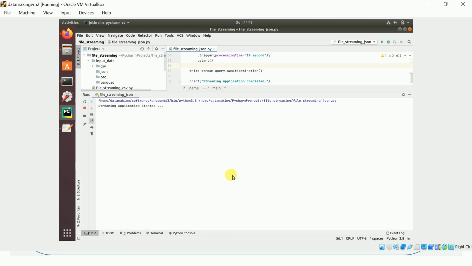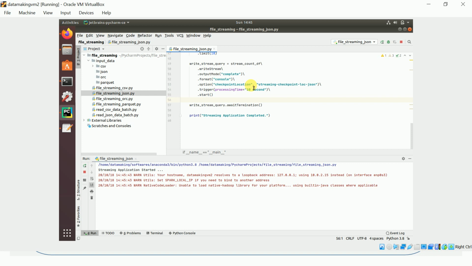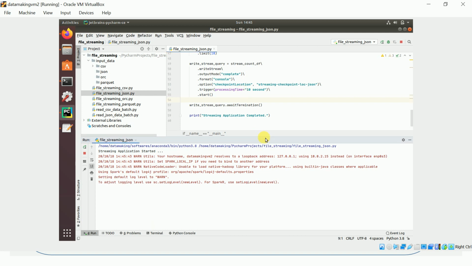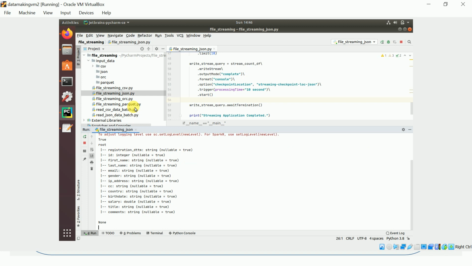This is for the JSON file format, a file source with JSON format. I used both trigger interval as well as checkpointing in this program. Once this runs, we'll publish some messages. I also have programs for the other formats, ORC and Parquet, and I will go through those as well.